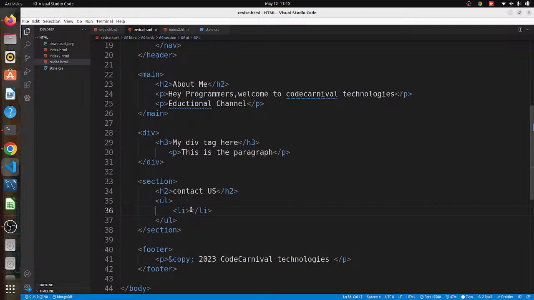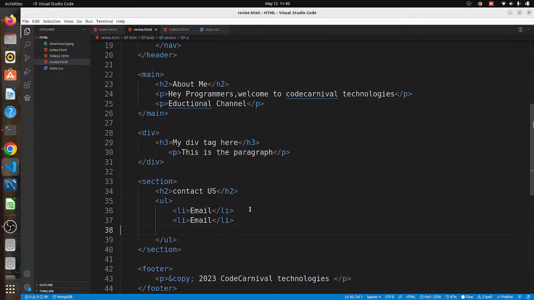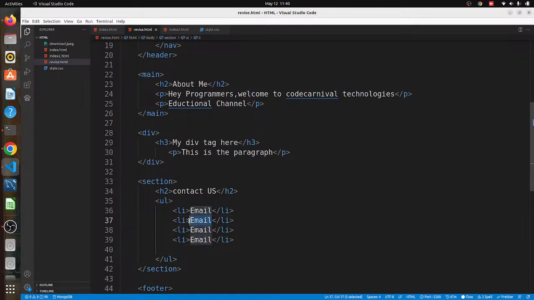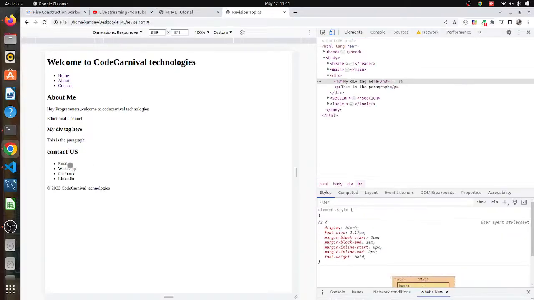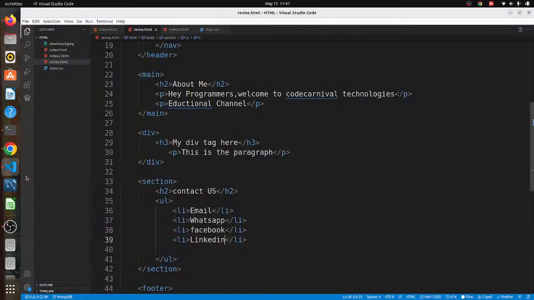Email, WhatsApp, Facebook, LinkedIn. You can give, and when we go there, just refresh the page, contact us. After contact us, we can make a section, and in the contact we can